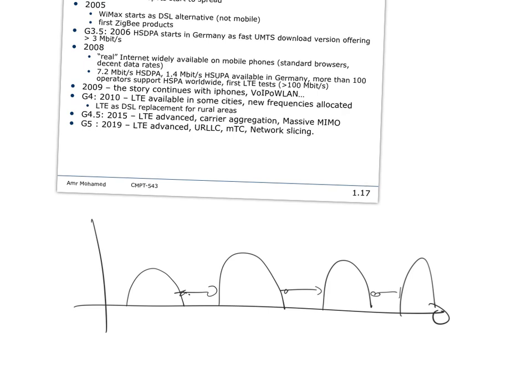So in OFDMA, not only did we remove these guard bands, we started to talk about channels like this. They can collapse with those. Yes. They have significant overlaps, and we can still distinguish these signals from each other. So how can we do that? We can do that only using the theory of orthogonality. So that's why it's called orthogonal frequency division multiple access.